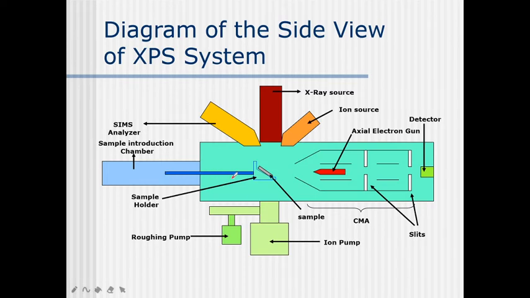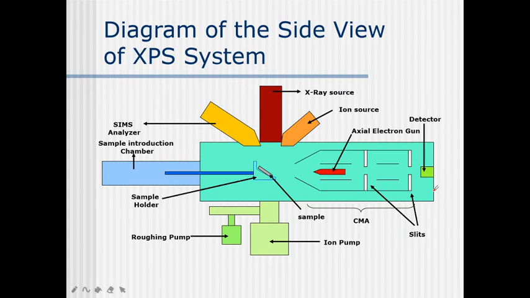An ultra high vacuum environment is used to eliminate contamination. We have already seen that we do not want any contamination, so an ultra high vacuum is introduced. There is a cylindrical mirror analyzer system. This CMA, the cylindrical mirror analyzer, measures the kinetic energy of the emitted electrons. The spectrum plotted by the computer from the analyzer is the signal. The binding energies can be determined from the peak positions and the elements present in the sample identified.